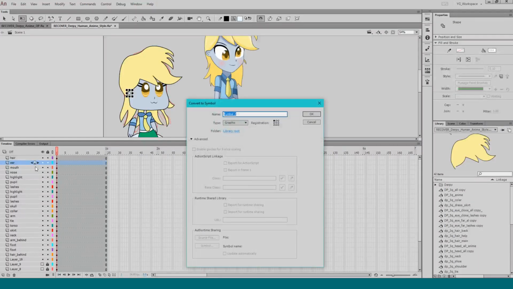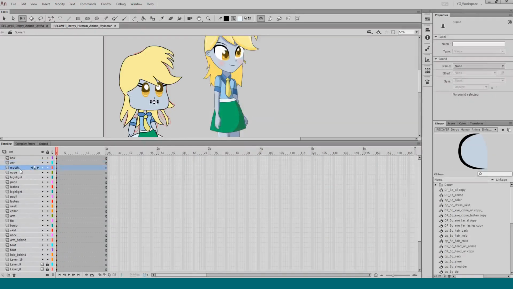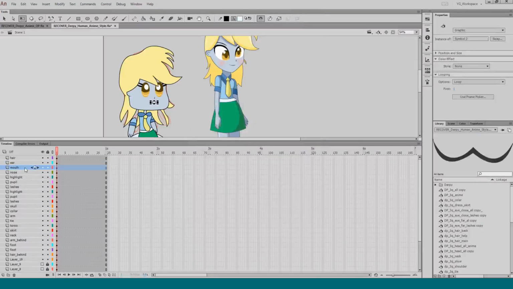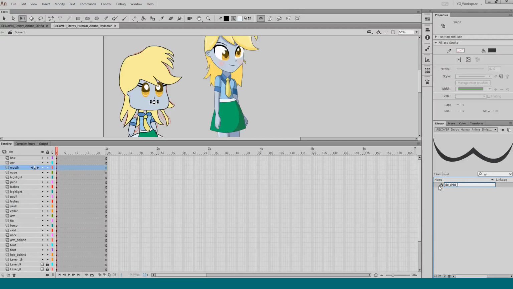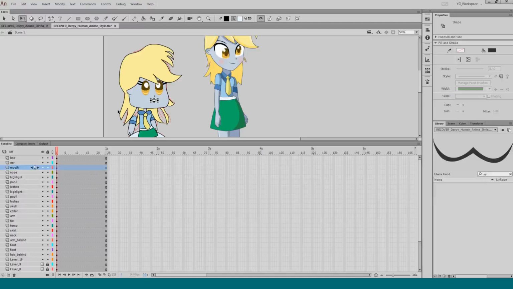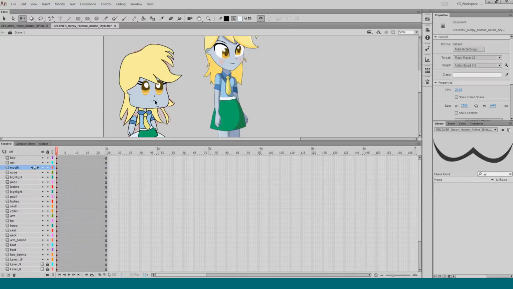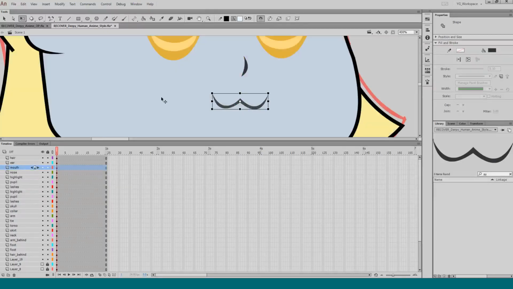And I don't really need to make this a symbol; a lot of these don't have to be symbols. I just created something called symbol. There it is. Oh yeah. These are blush. This is Derpy Chibi mouth. So now these are symbols. Once I get that ready, then I can go in. It thinks it's its shape, but it's a symbol here.